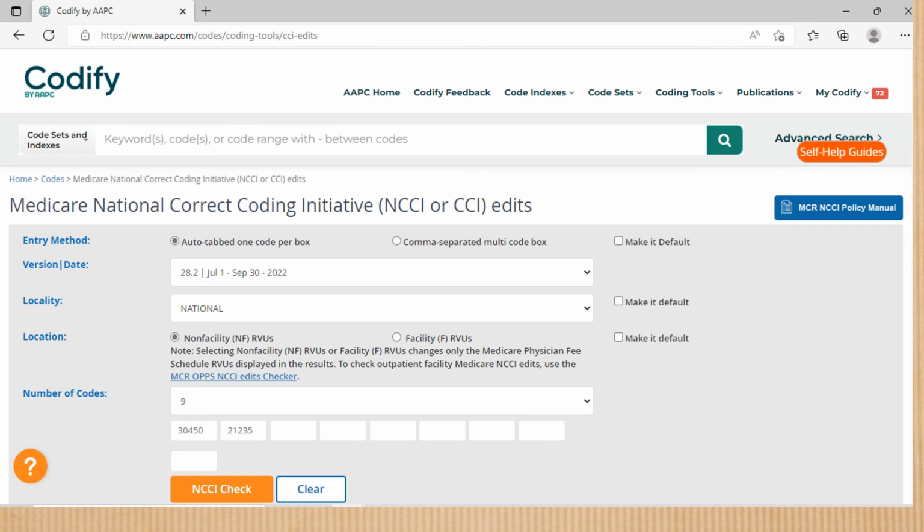So here we have our Codify, which is our encoder that we'll be utilizing for this operative session. Again, the Codify is through AAPC. If you are an AAPC coder, of course, you will have that option to purchase this subscription. And they do have various subscriptions based on your coding role or capacity at the particular time. And so right here, we have, again, our Medicare National Correct Coding Initiative, also known as NCCI or CCI Edits, and you may hear either term if you're in a coding environment. And what I love about this is that it has the different